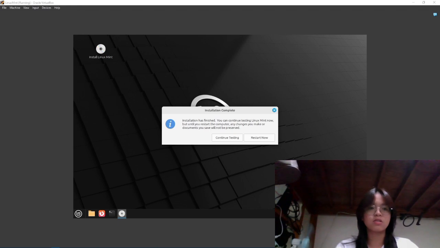Once the installation is done, you'll see this message. The installation is finished. You can continue testing Linux Mint now, but until you restart the computer, the changes you made will not be preserved. Click Restart now to finalize the installation. After restarting,